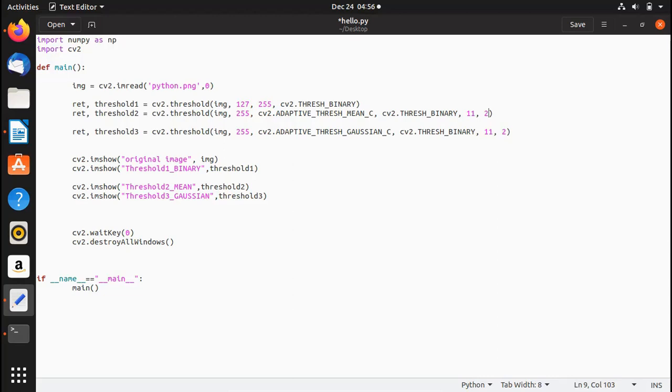In other words, you can say it is the mean of the block size multiplied by block size neighborhood of a point minus constant. If we talk about adaptive thresh Gaussian C, then the threshold value equals the Gaussian weighted sum of the neighborhood values minus the constant value. In other words, it is a weighted sum of the block size multiplied by block size neighborhood of a point minus the constant. So for each of them, I'm going to write the formula